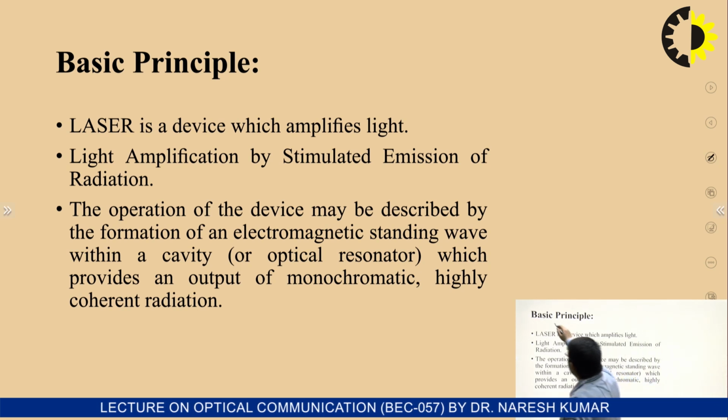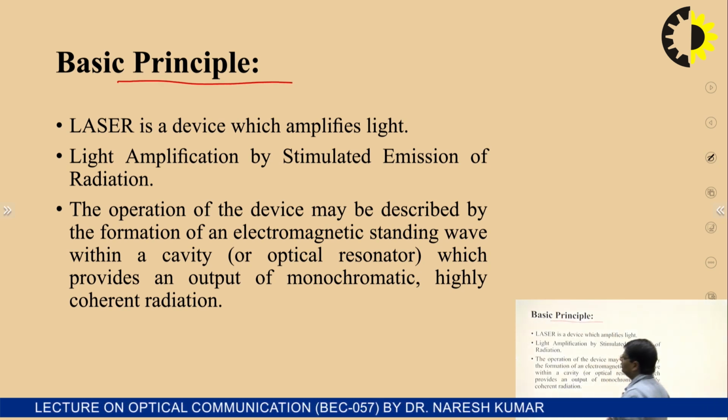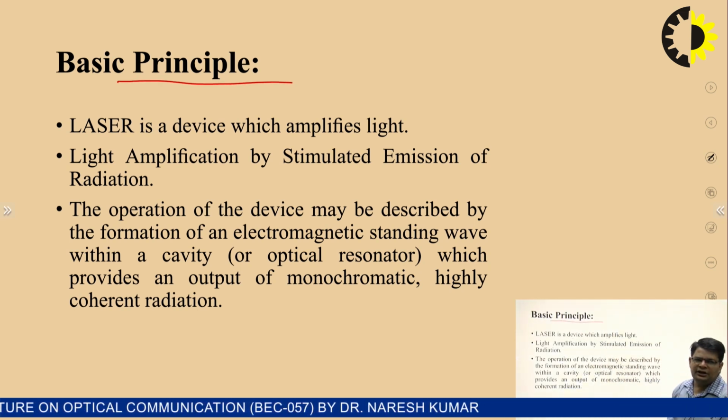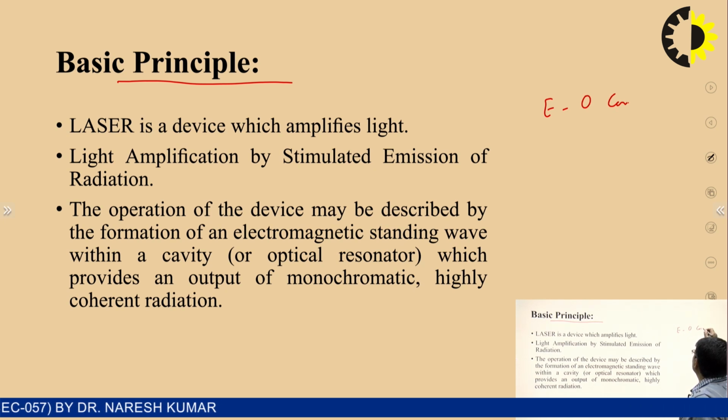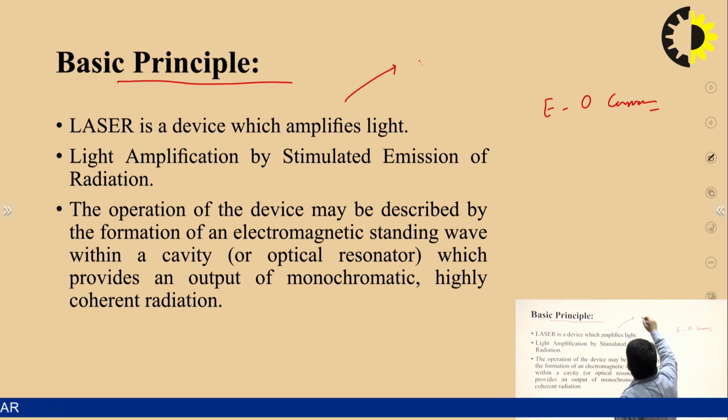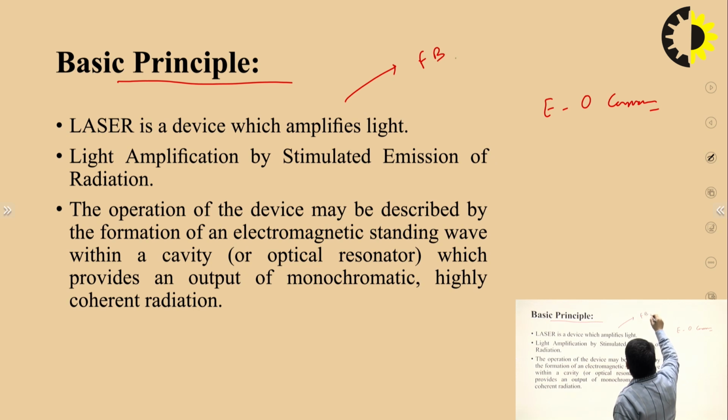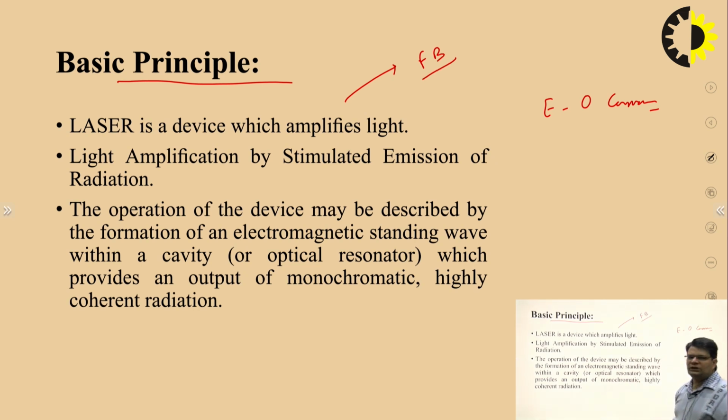So what is the basic principle of using the laser? How can light be emitted in the case of a laser? Basically, a laser is an electrical to optical conversion. Optical sources are forward biased. So when the optical source is forward biased, basically the